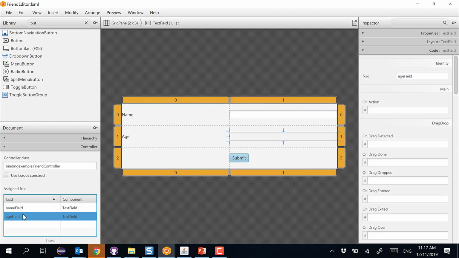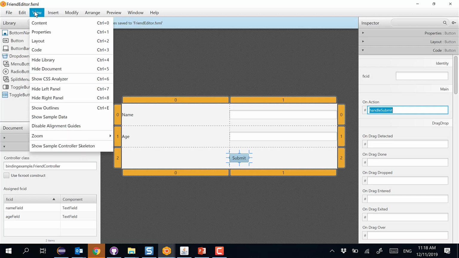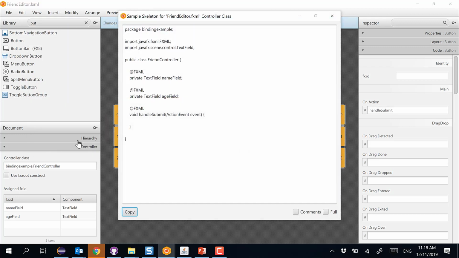These are the fields that I care about in the code, so I named them. This button that I care about to handle the click, I already gave it an event handler. And just to confirm that everything is done, I just go to view, show the controller code, and it looks like I have everything there I need. So I'll copy this,